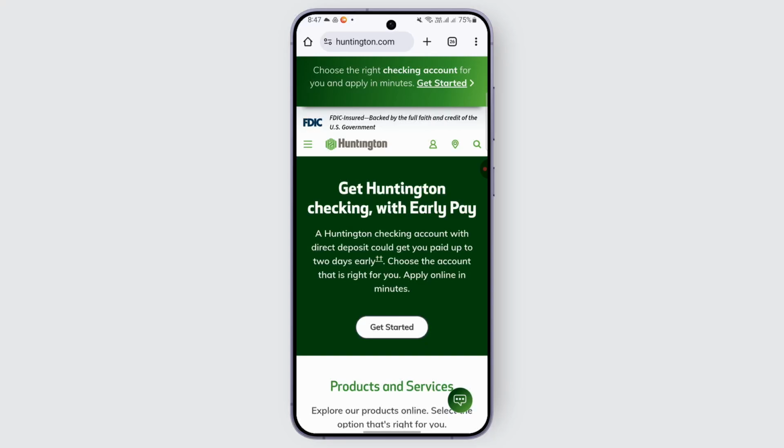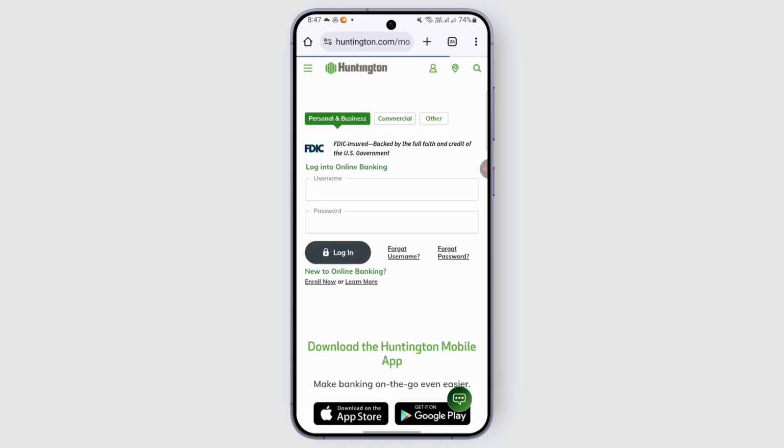So head over to huntington.com and go to your login section. Tap on this profile icon and you will be taken to the login interface. Now here you may just go ahead and use your credentials in order to log into your Huntington online banking. And once you are logged in,